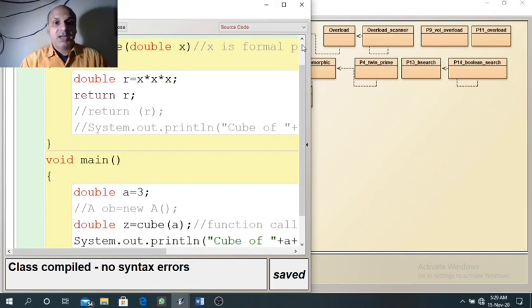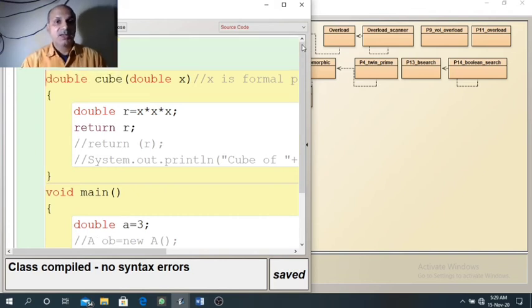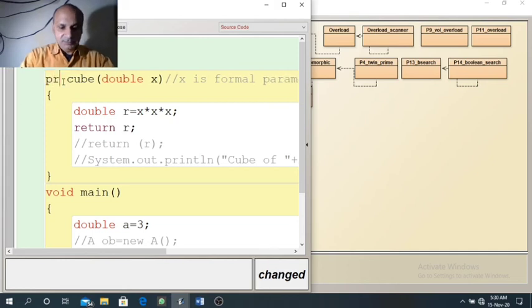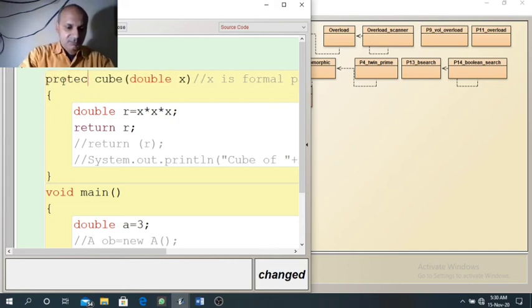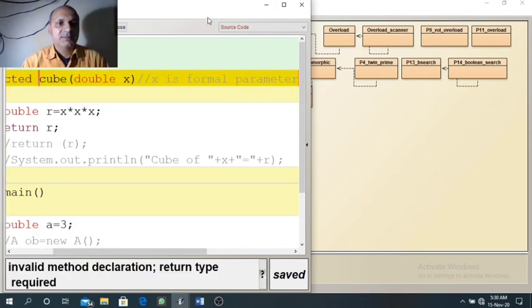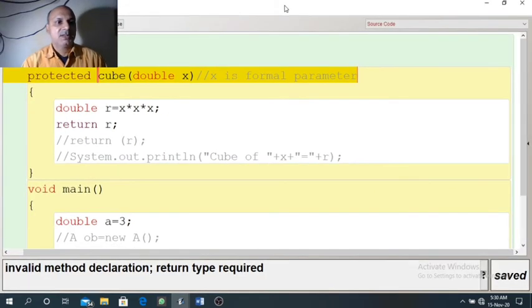Public we have seen, private we have seen, protected is not in your syllabus, but I will show you the example here. Suppose we make it protected. Protected function behaves as, let us see that.